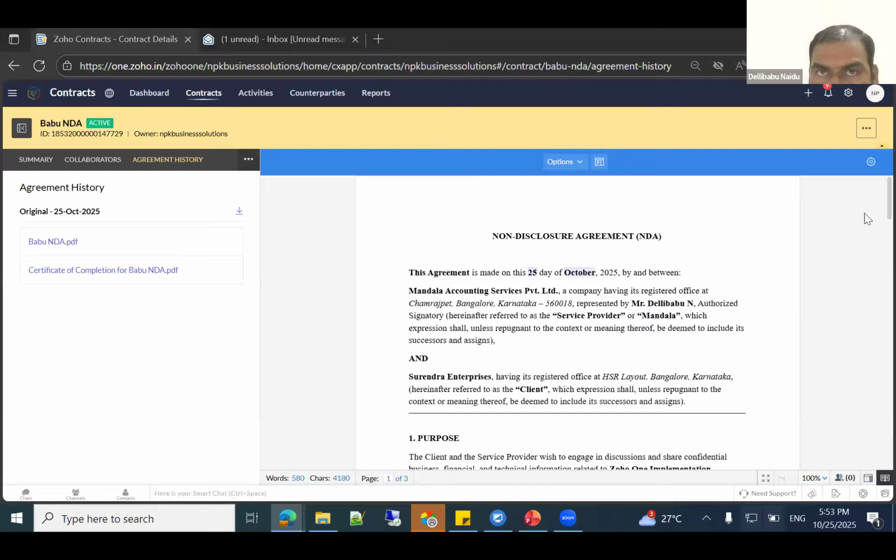The same thing you can use for your HRM module. You can integrate with your HRM module for your offboarding, onboarding, or employee contracts, all the documents. NDAs you can use for HRM, or you can use for sales, finance, or compliance and other management-related documents. Just one thing: based on your company requirements, you will have to create one-time templates for your future reference. You can use that multiple times and you can generate it dynamically.